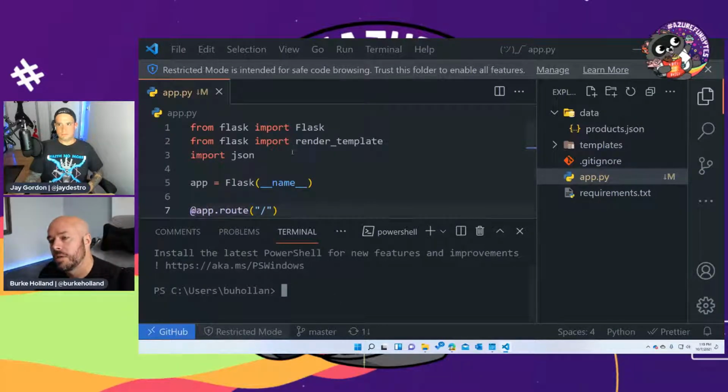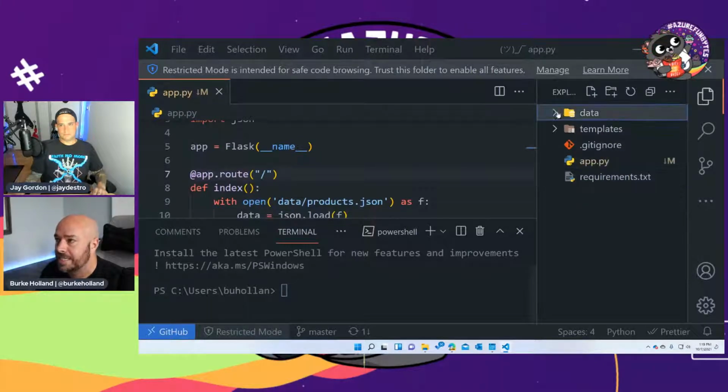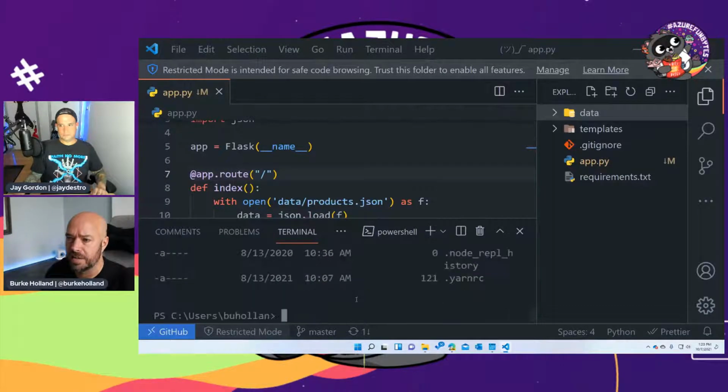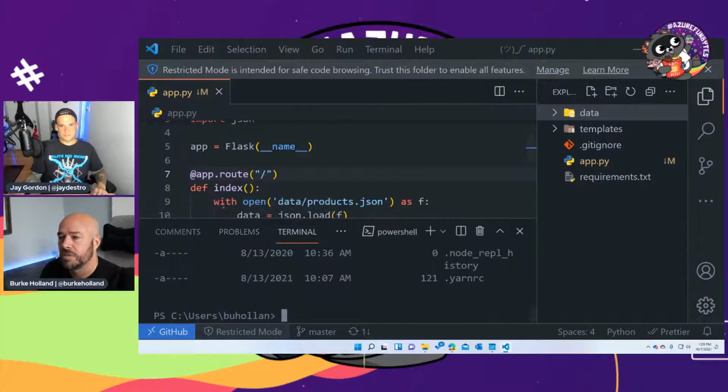Okay. So at this point, we would want to run this thing, but of course we can't because we don't have any access to these files, right? Like if I do ls in PowerShell, none of this stuff is there. And so if we